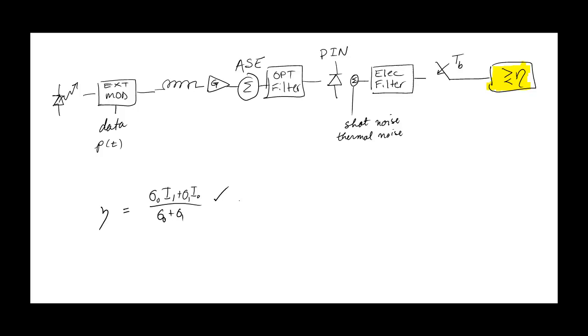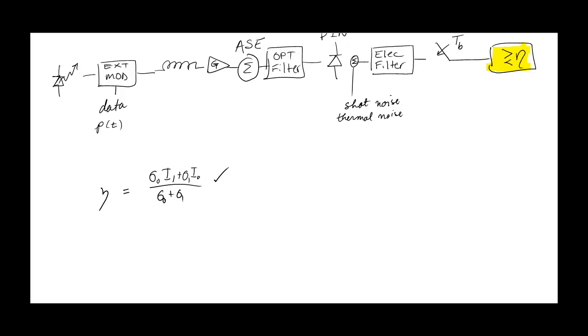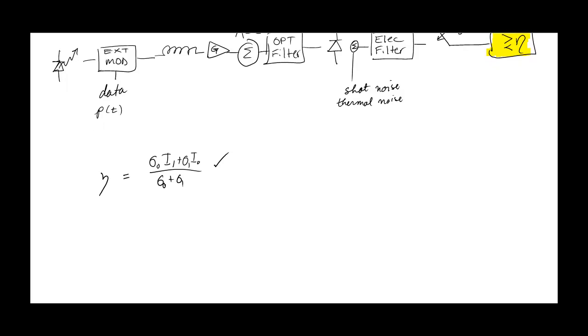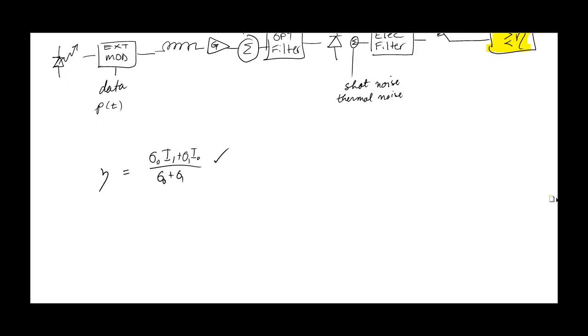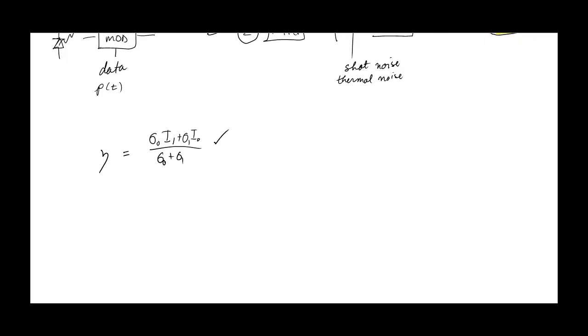This is accurate in Gaussian noise and under a number of assumptions. What you'll find in your simulations is if you use this optimal threshold, it's not really optimal. And in fact, if you were to look for a threshold that was optimized numerically, you would get a better bit error rate. And again, it's because of some of the assumptions made in the derivation of this optimal